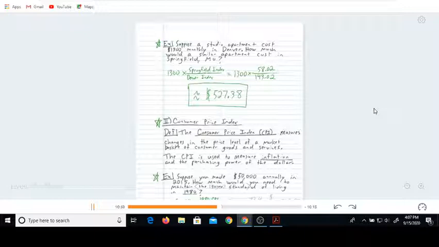So this is where you need to look at that chart. If you need to press the pause button, do so. If you look at that chart, the index for 1980 is 82.4. The index number for 2015 is 237. Those are coming from the chart. Again, press the pause button, reference that chart if you need to, and let's punch that into our calculator. And you get